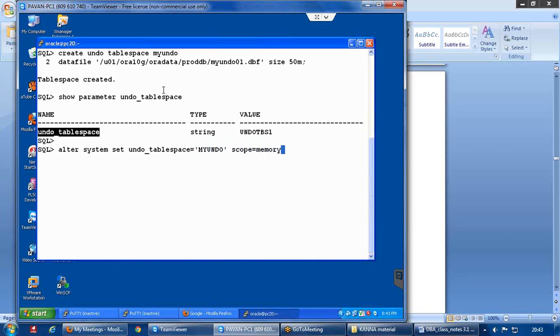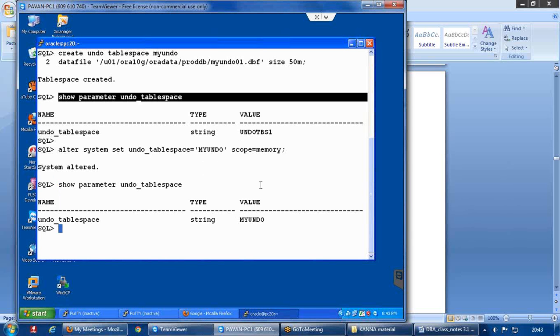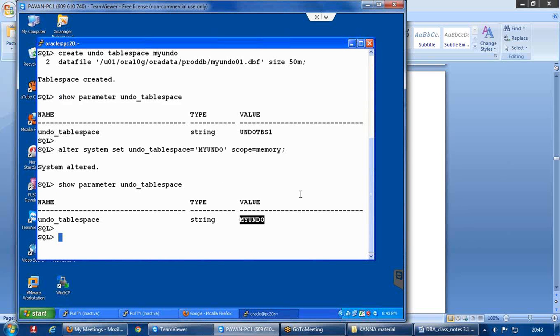You can use any scope here because this is a dynamic parameter. So what I am doing now is replacing this undotbs1 with another undo tablespace which I have created, that is my undo. That means from now onwards, whoever the users performing transactions, they would be using this undo tablespace instead of the original undo tablespace.